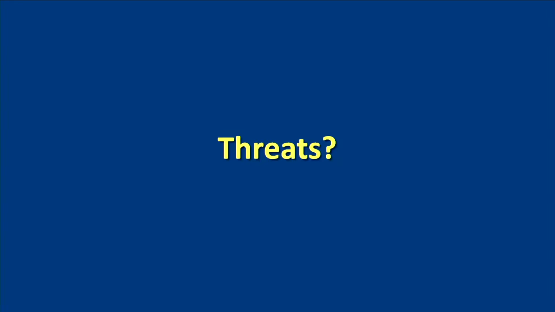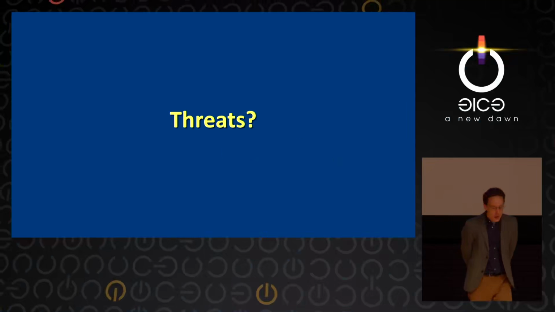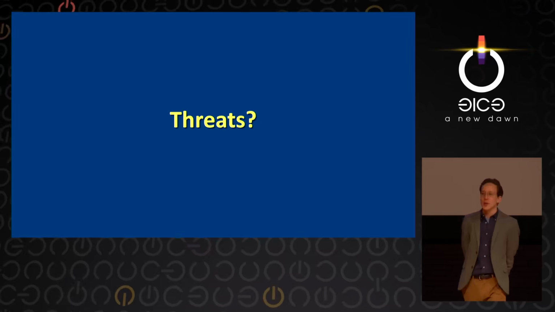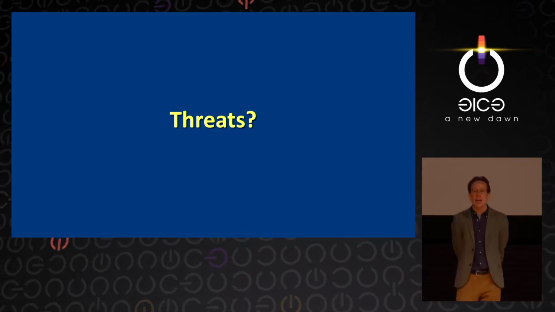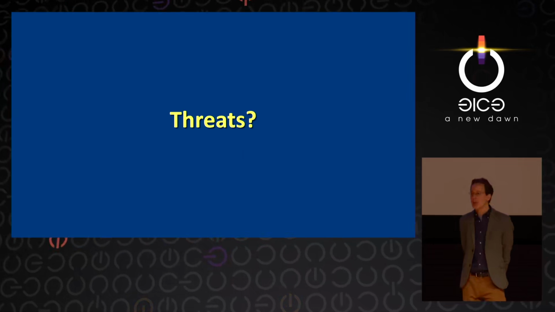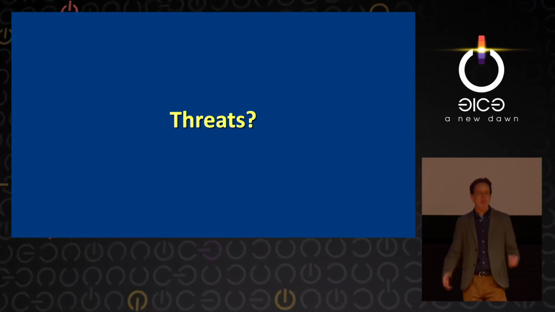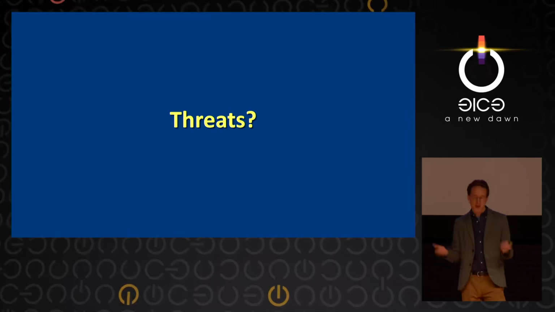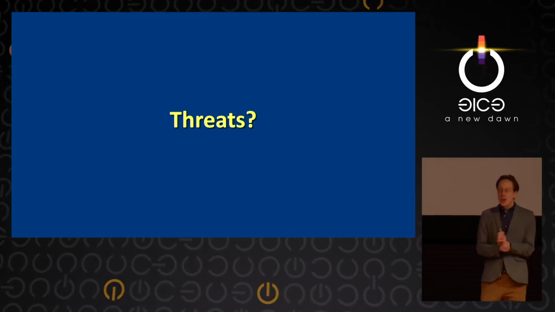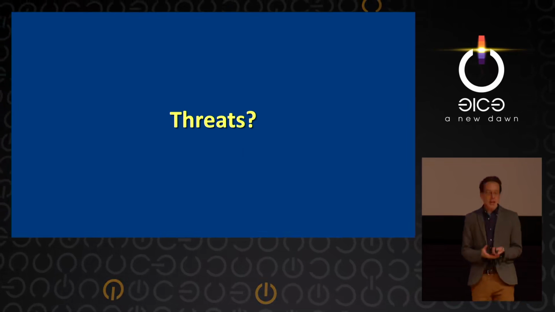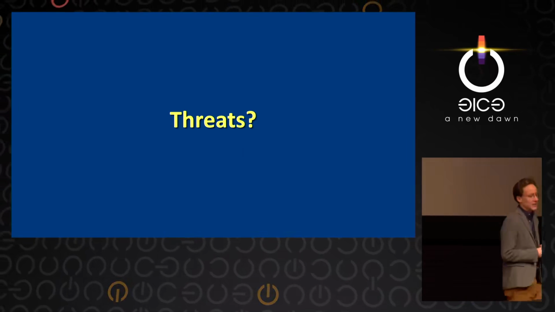So that's the Estonian process, and it was really interesting to figure out quite how it worked. There are no published descriptions in English that cover the entire thing prior to our study. We had to actually ask people and review the source code and all of that in order to get a good idea of what was really happening. The next question, though, after you understand how the system works, is what threats does it face?